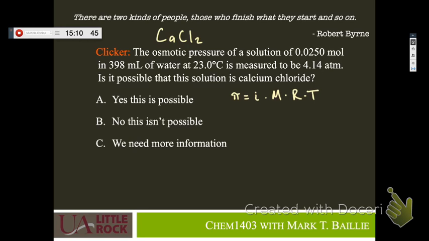Okay. And you solved for i in this equation. So what did you use for pi? 4.14. Okay, so our osmotic pressure, 4.14 atmospheres, equals, and then you said you're solving for i, so we leave that blank. 0.0250 divided by 0.398 liters times the gas constant. What's that? 0.0821 roughly,